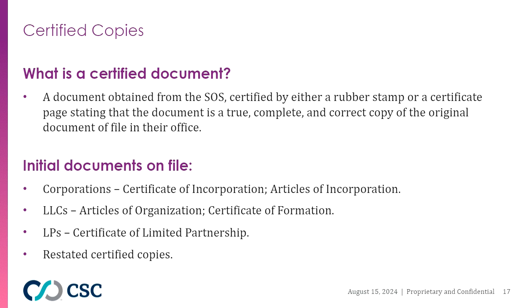The certified copy is an official document from the Secretary of State that attests to the filing being a true and correct copy of the filing. CSC does default to ordering certified copies for original filings. So if you choose not to have one and you just want the stamped copy evidence, please make sure you specify to your customer service specialist that you would only like a plain copy of the document.